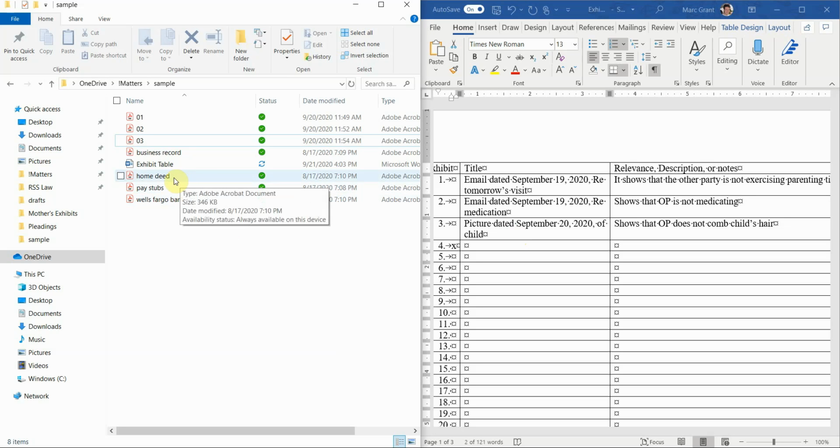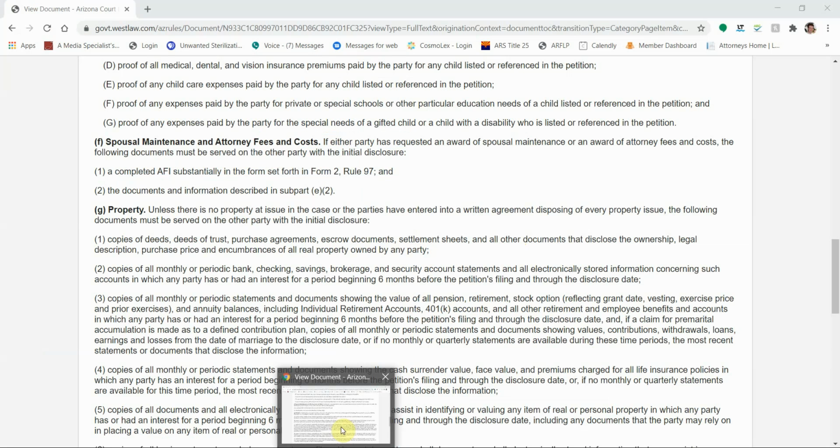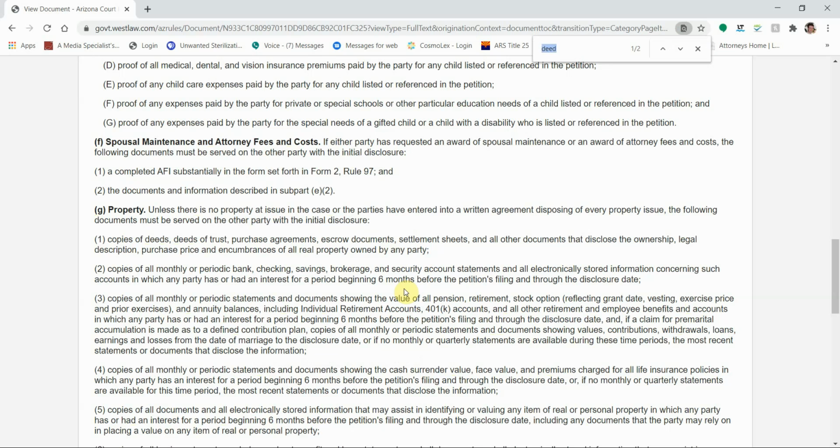So the first one here, we'll go to the home deed. Now that is part of the mandatory disclosures in Arizona Rules of Family Law Procedure, Rule 49, and I'll have another video that goes into this rule in more detail. There are several documents that must be disclosed with any case that meets a certain description, and your home deed is one of them. So we see that it is contained in Rule 49